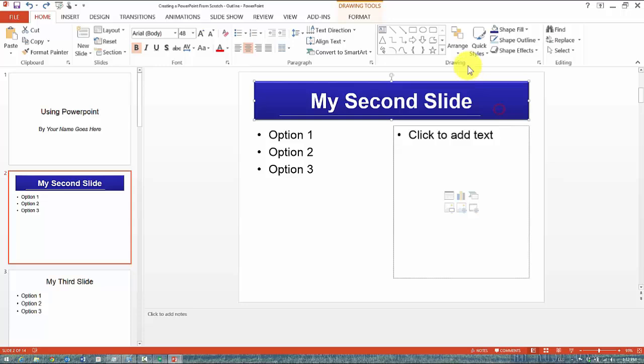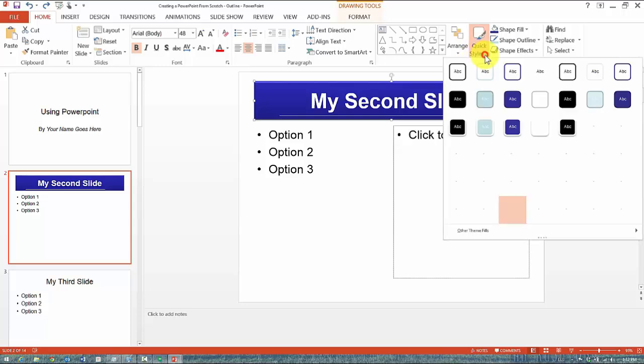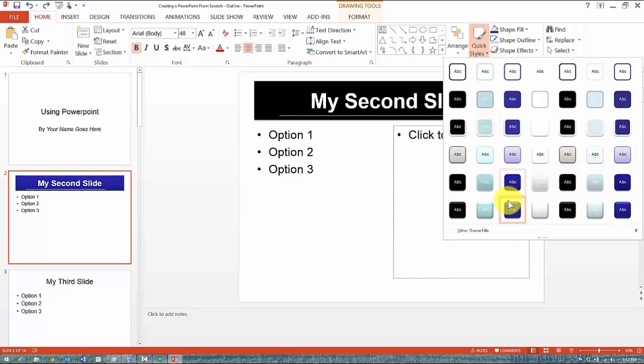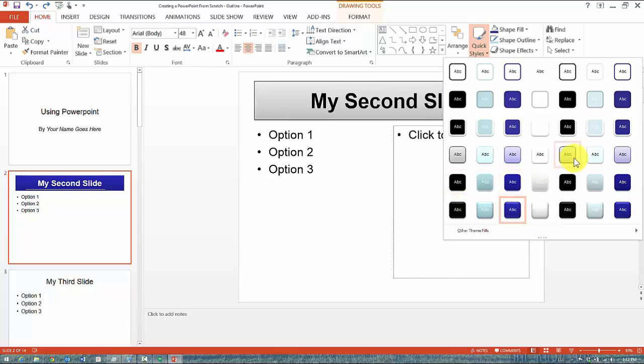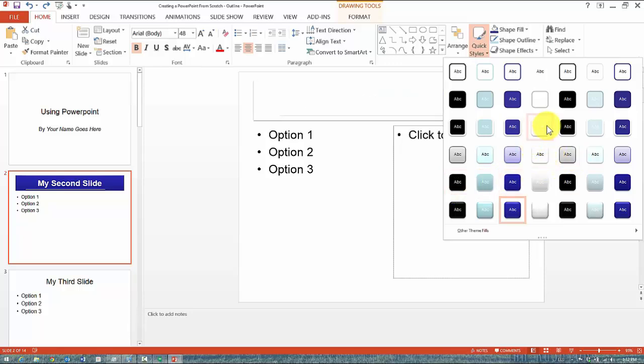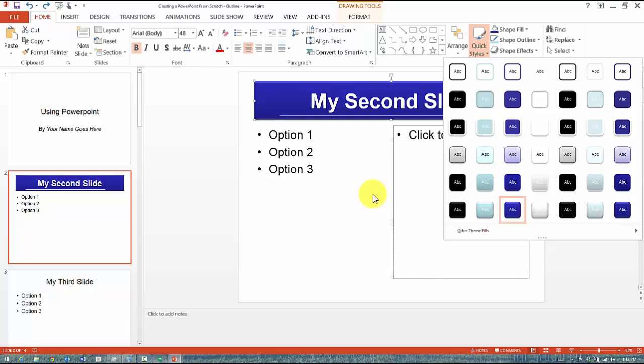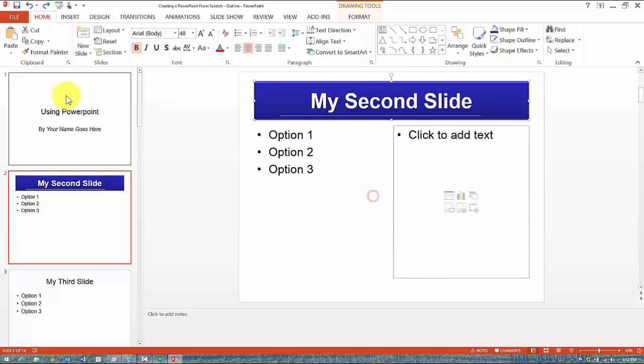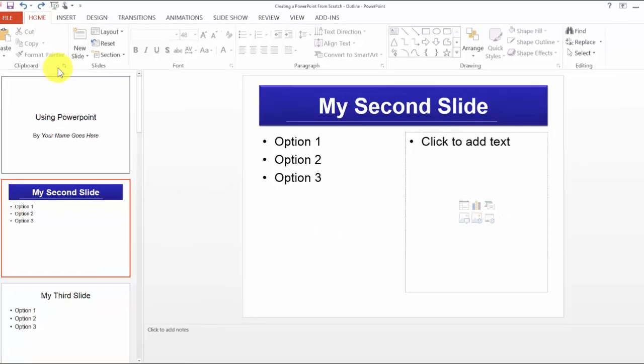Now the choice of the quick styles here actually depends. Notice that we don't have a variety of other colors here. It depends on the type of theme that has been applied to this presentation. Of course, you can change the fill and the shape and the outline over here. However, if we wanted to apply a different theme, and we'll learn about themes in just a moment here, we